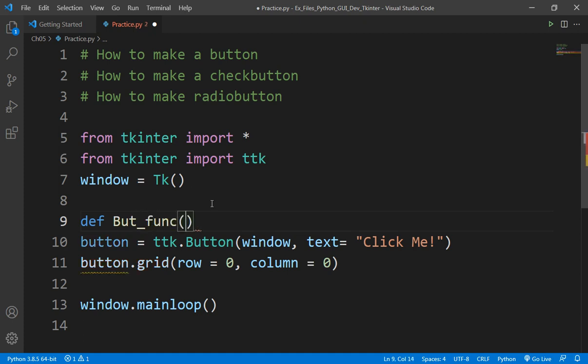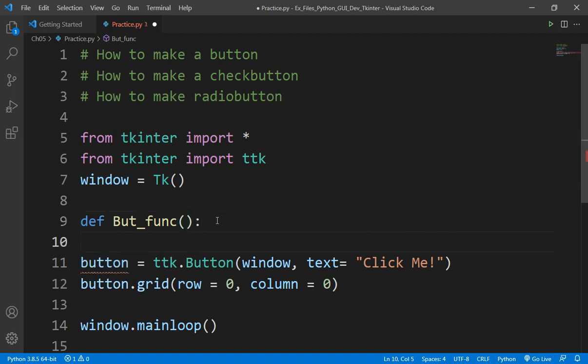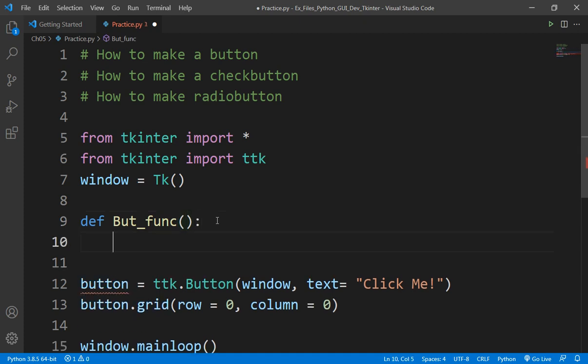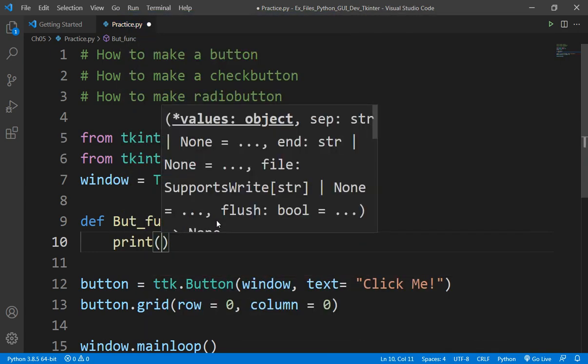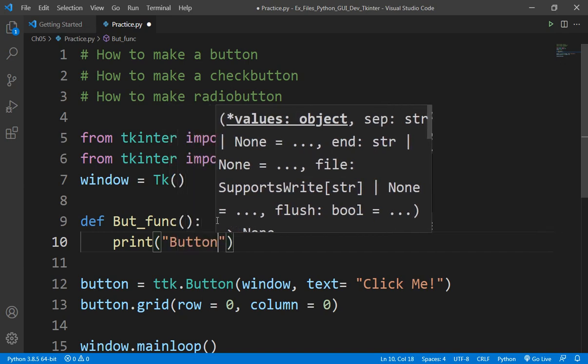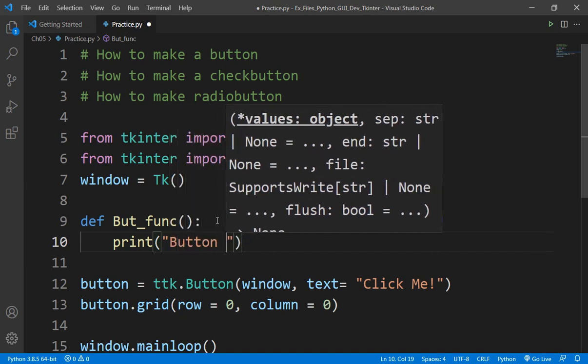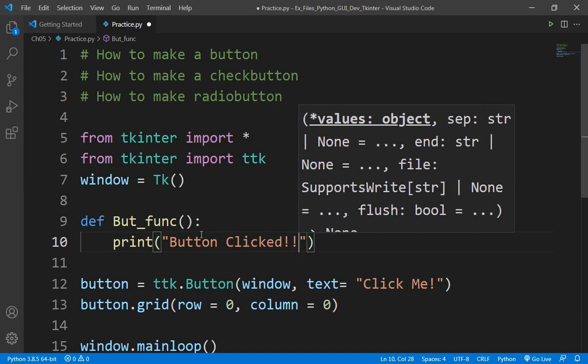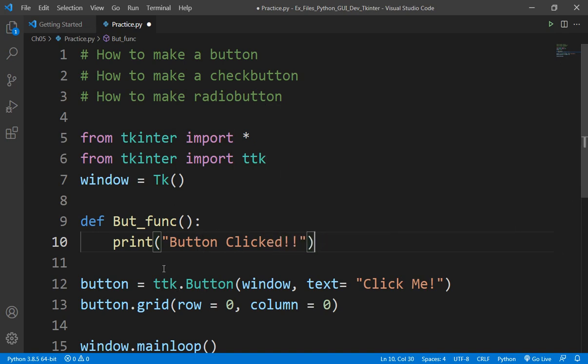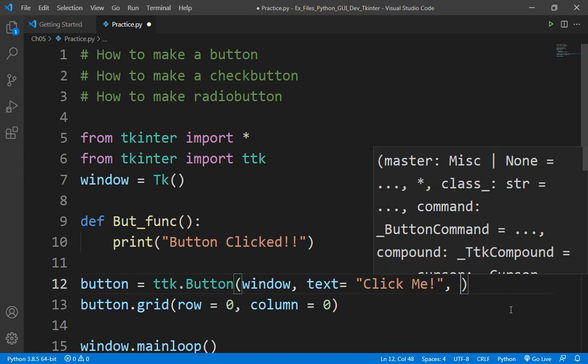Okay, here we are only taking a trial, so let's print "button clicked". Okay, so whenever we click our button, this message will get printed on our console. Okay, now we will give